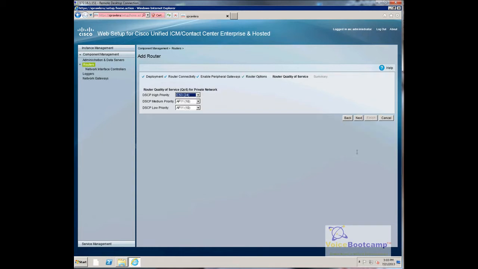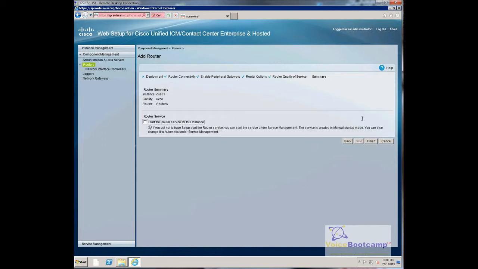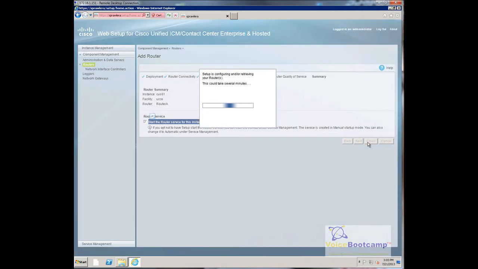Define your QoS parameters for high priority traffic, medium priority traffic, and low priority traffic. And that's pretty much it. So you can start the service once it's done and reboot. Click on finish. And what it's going to do is install a router and all the necessary